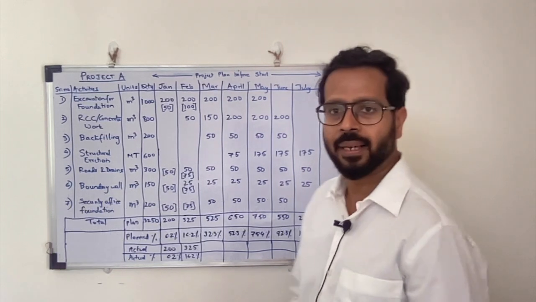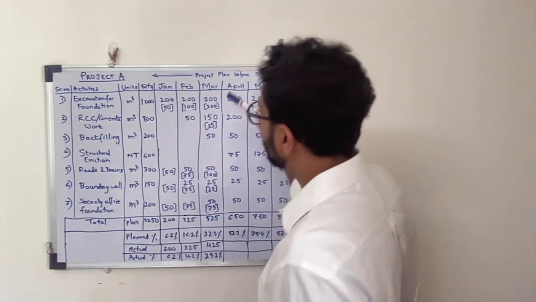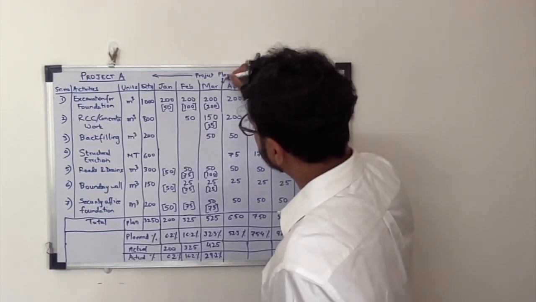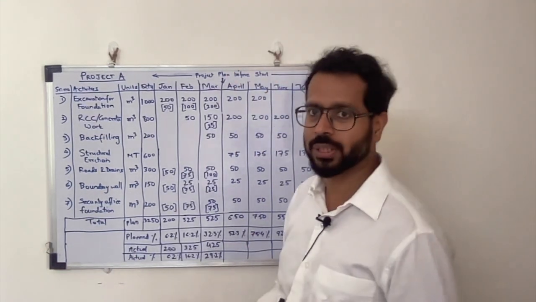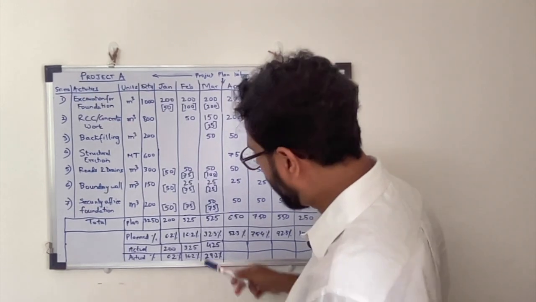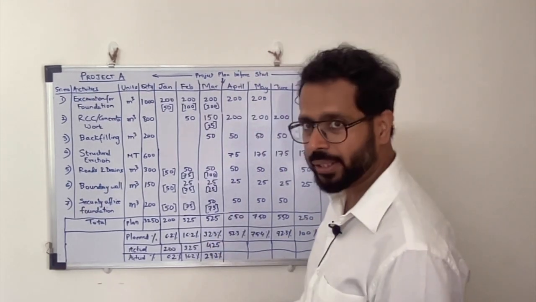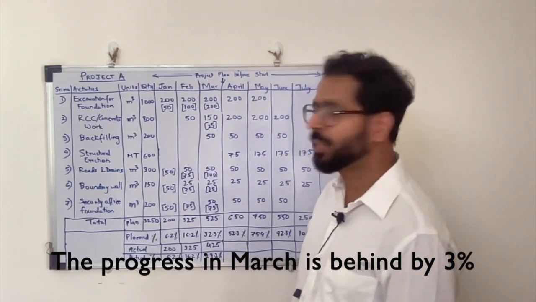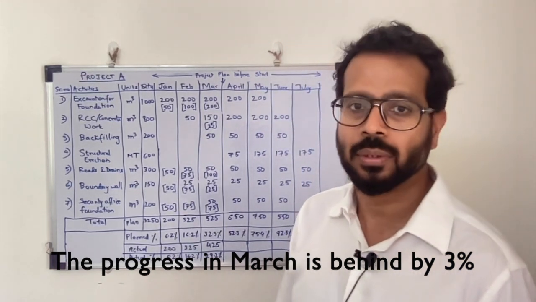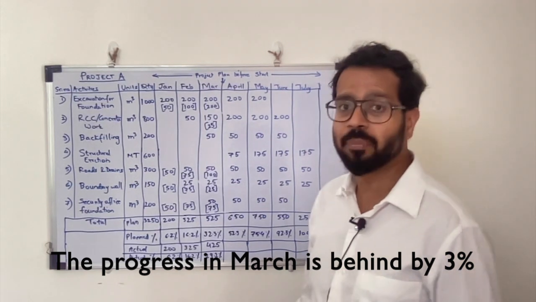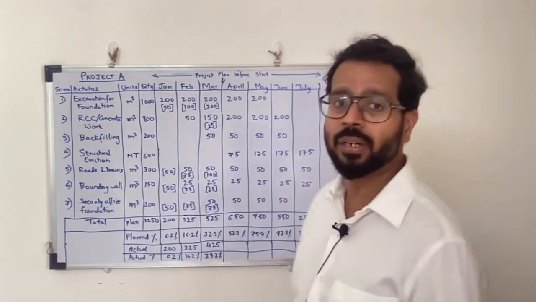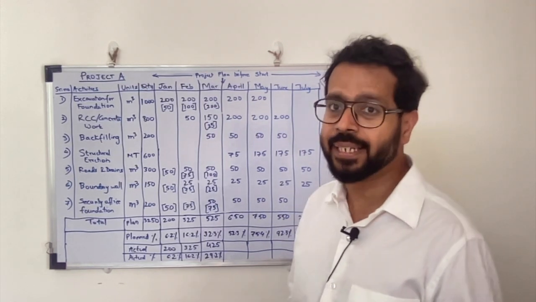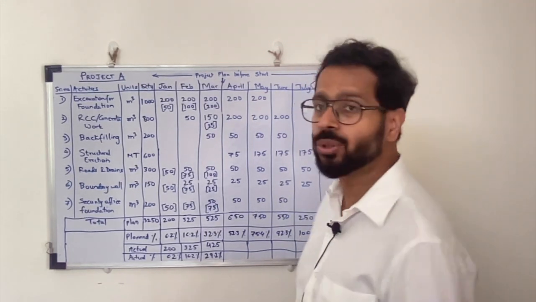The team is happy. Now see what happens when the project is reviewed at the end of March, the 3rd month from the start of the project. The planned progress percentage was 32.3 and what is achieved is 29.2. That means around 3% variation. The contractor is instructed by the team to expedite the work and catch up the delays. The contractor acknowledges the slight delays and readily assures to catch up.